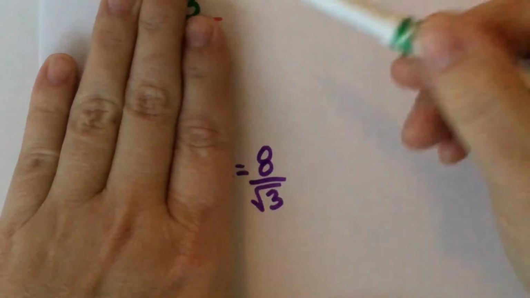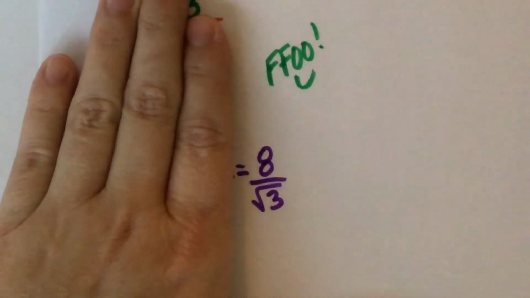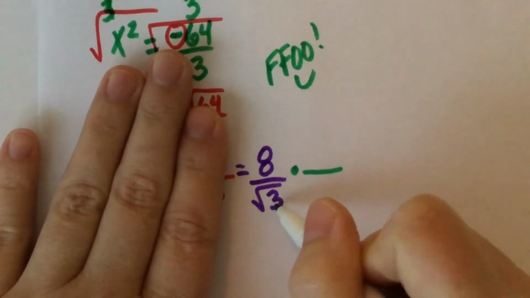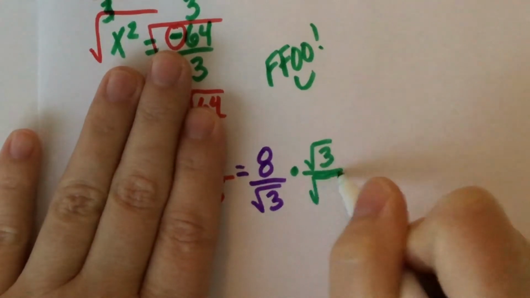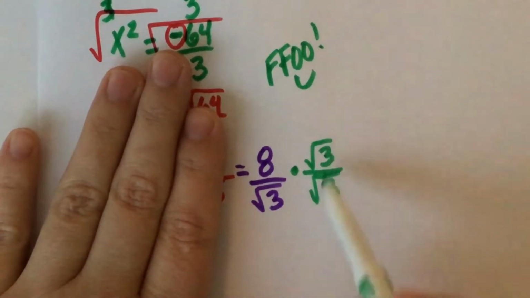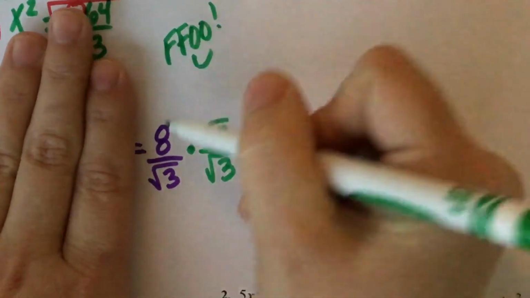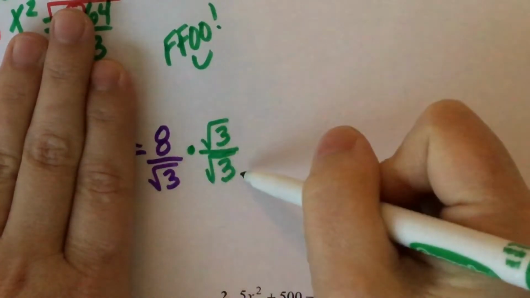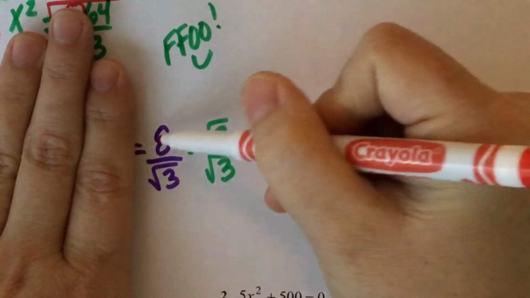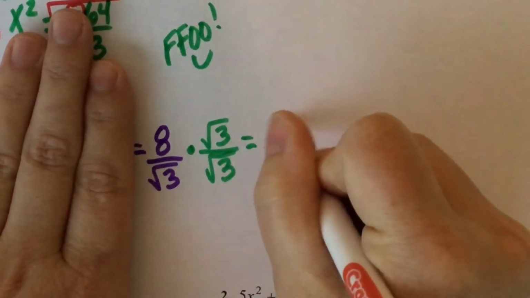So if you ever have a square root in the denominator, this is when we want to find our fancy form of 1. And remember, the fancy form of 1 is whatever's in the denominator over itself, because you can't have square roots in the denominator, so that's why he becomes our foo-foo. Okay, at this point, we're going to multiply straight across. So 8 times square root of 3, you can't actually multiply those because he's under a radical and he's not, so it's just 8 square root of 3